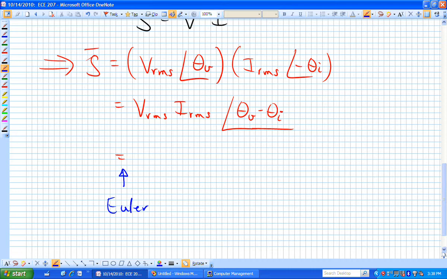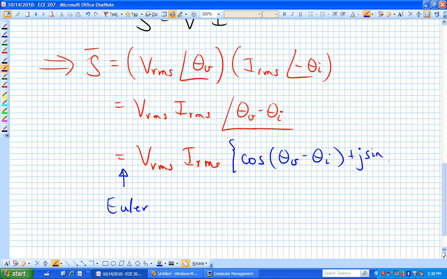If you write that using the Euler relationship for e to the jx, where in this case x is theta sub v minus theta sub I, we can now expand that angle term into a real part, which is just the cosine of that angle, plus j times the sine of that angle,